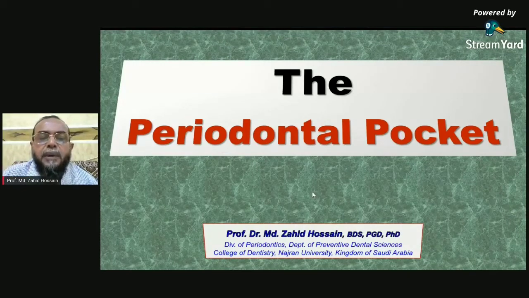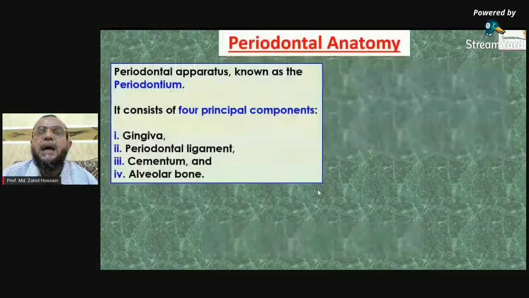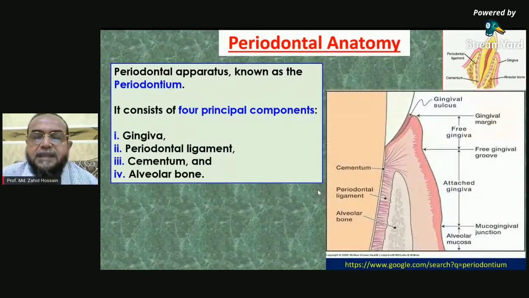And you know that we have the periodontium. We have mainly four structures: the gum or gingiva, periodontal ligament, cementum, and alveolar bone. These four structures hold the tooth in the jaw, and the periodontal ligament works as a cushion so that we can use our teeth during mastication, and for comfortable mastication as well as for digestion of the food, the periodontal health should be optimum.